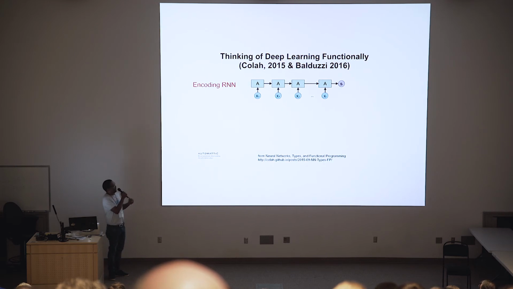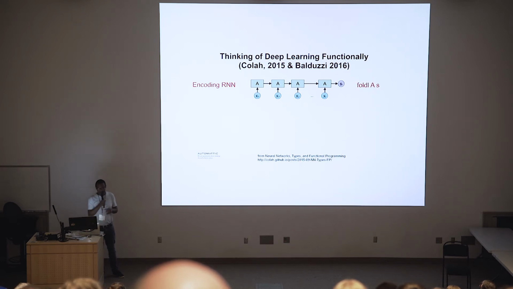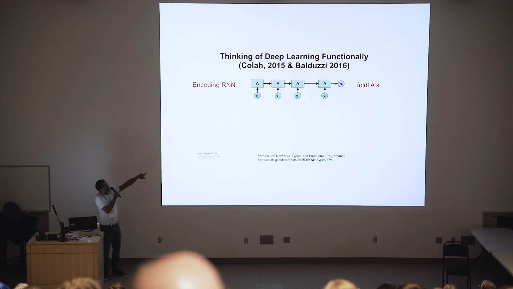So in this post by Colah and a subsequent paper by Balduzzi, they basically said, well, you can model a lot of what's going on in current networks as really functional operations. So for example, this very simple recurrent network, to use a Haskell framework, is you fold left the product of the x's over time,